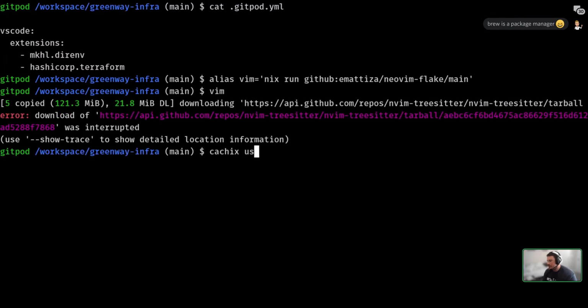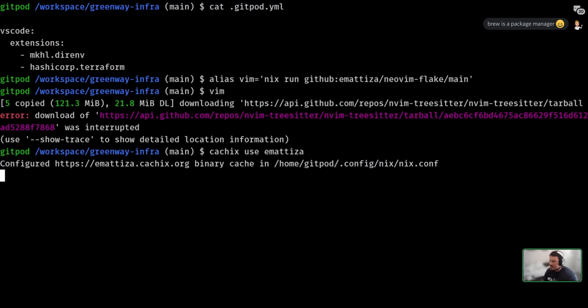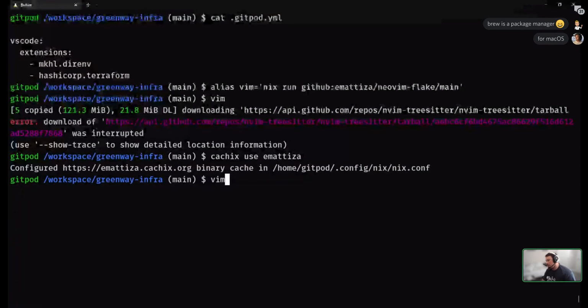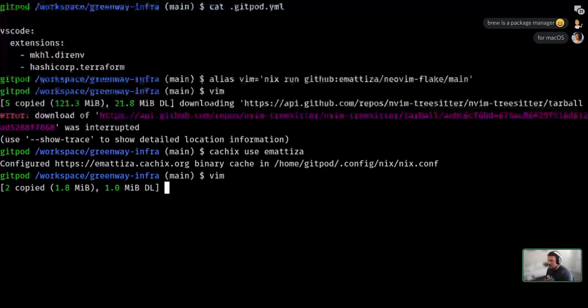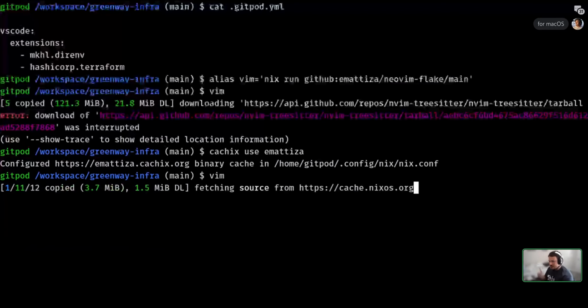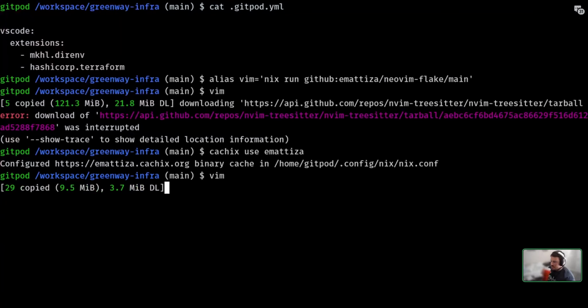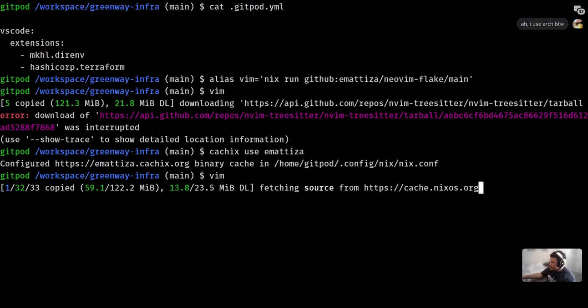So binary caching is something you can use. We have Cachix in there in the default Gitpod workspace image. So if I say vim and I use my cache that's over on Cachix, this will go a lot quicker. Otherwise, I'll have to build the stuff from scratch, and that can be kind of slow. But yeah,